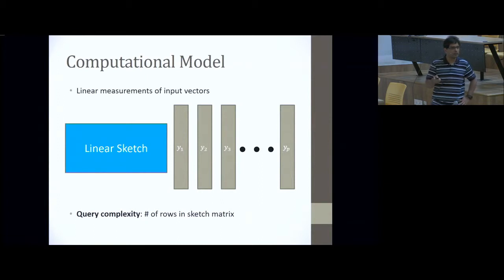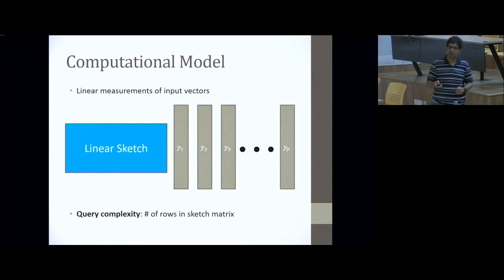Let me say what our computational model is. You have these inputs, y1 through yp, and the computational model I'm assuming is that you access these inputs by a linear sketch. So you can multiply these vectors by a matrix of your choice. The question I investigate in this work is the number of rows in this sketching matrix, so the dimension onto which you project these input vectors. As David talked about yesterday, one could also talk about the sparsity of the sketch matrix and the computation time for this matrix-vector product. These can be addressed, but I'm not going into that in this talk.